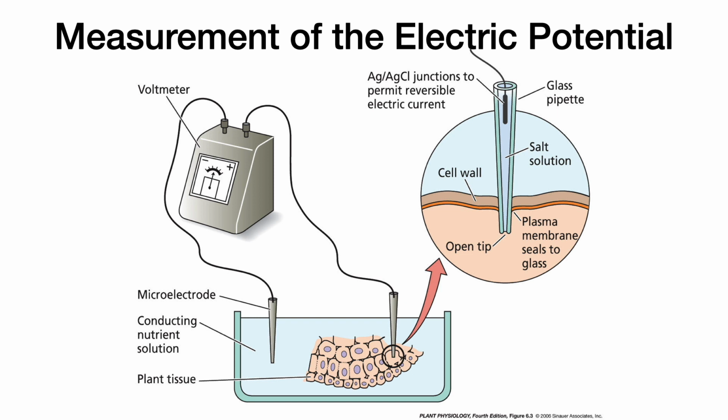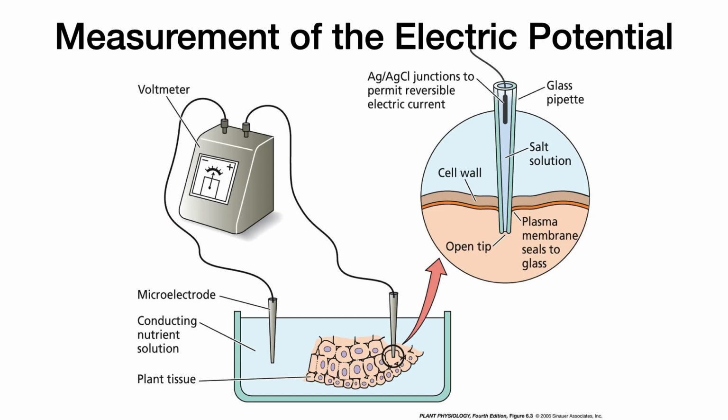So how do we measure the electric potential? The electric potential can be measured with a voltmeter. We can take a microelectrode and put it in solution. This is our reference electrode. That will be at 0. So if we were to take the second electrode and put it in the same solution, we would have a